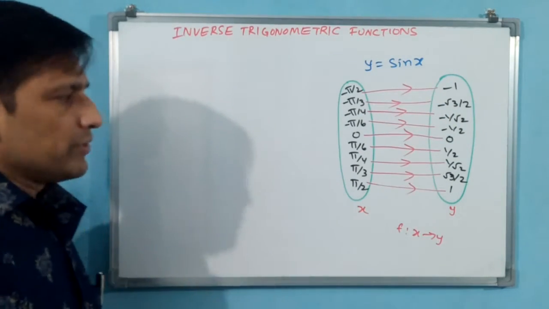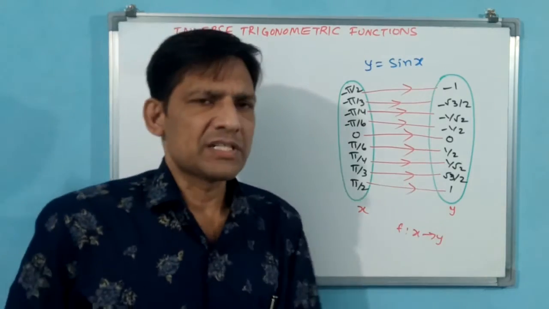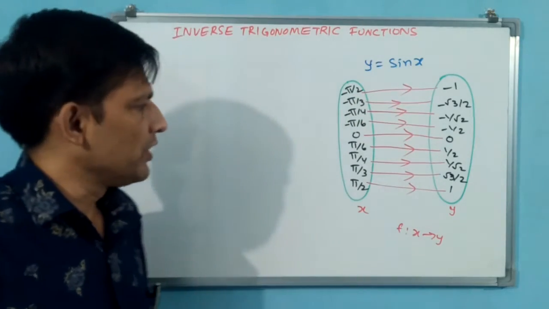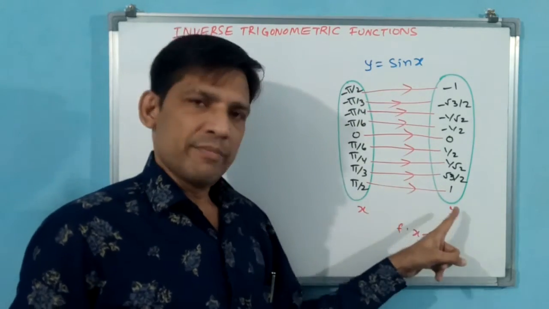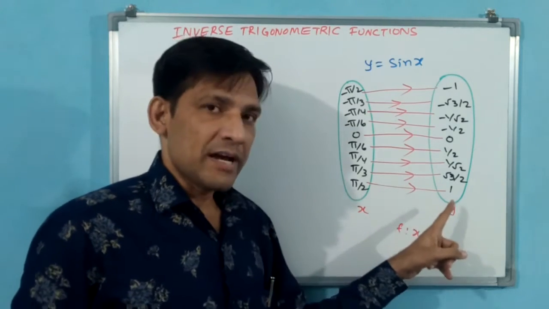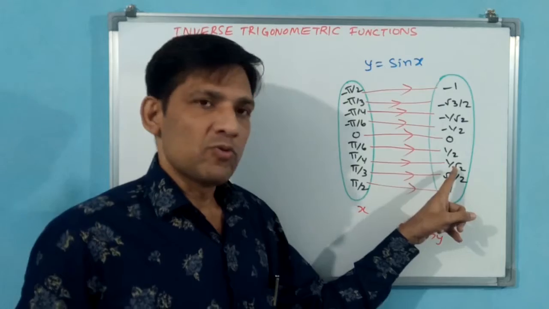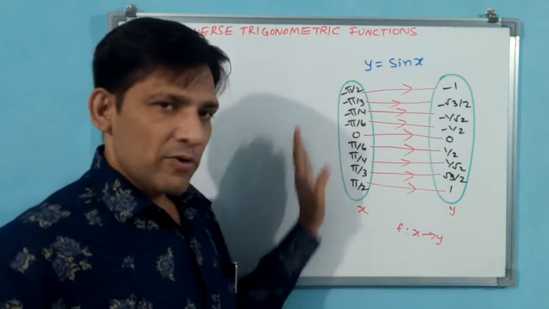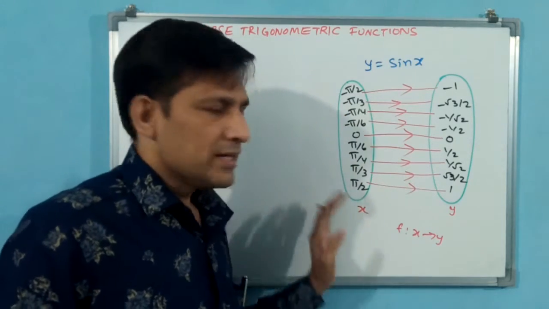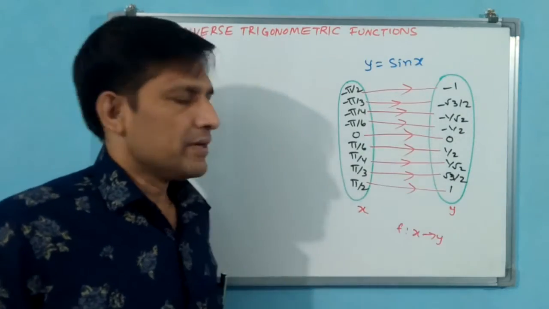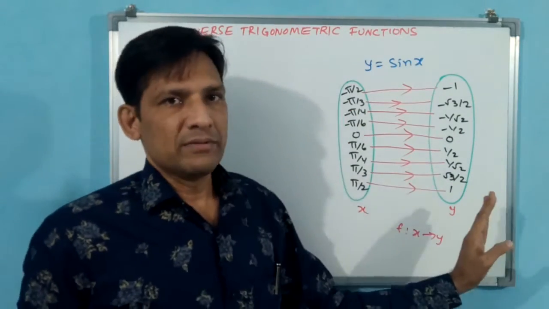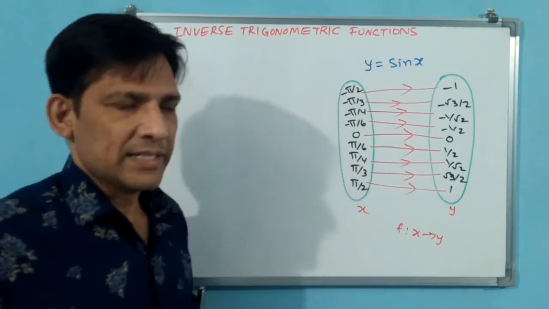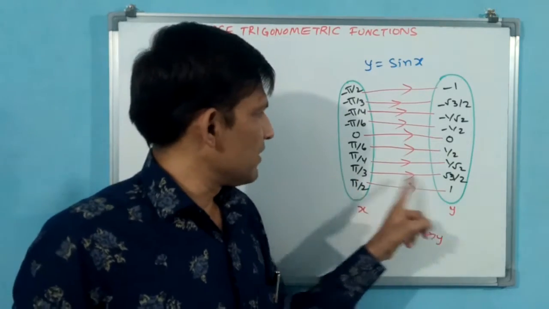Now, you tell me, is this a function? Definitely a function. Trigonometry is a function. Why? Because if you give pi/2, 1 is coming, but pi/2 doesn't have 1 and 1/√2 like that. That means it has only one image. These are the elements in the domain and these are the elements in the codomain. In the domain all are occupied, all should be occupied. That is one condition, and only one image should be there. Only one image is there.